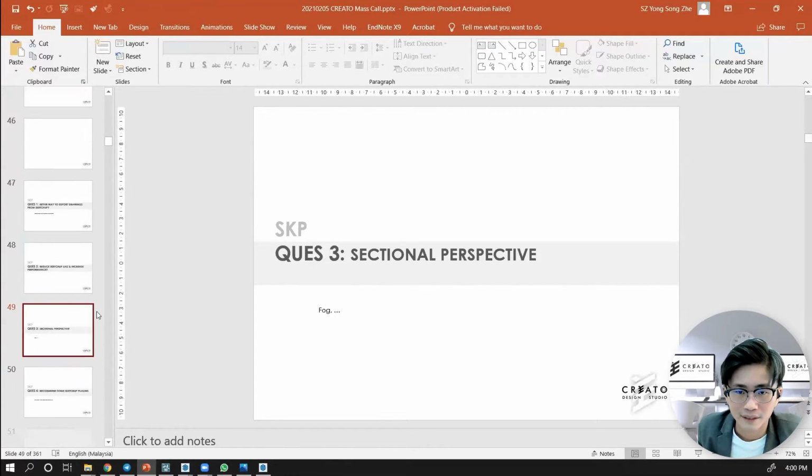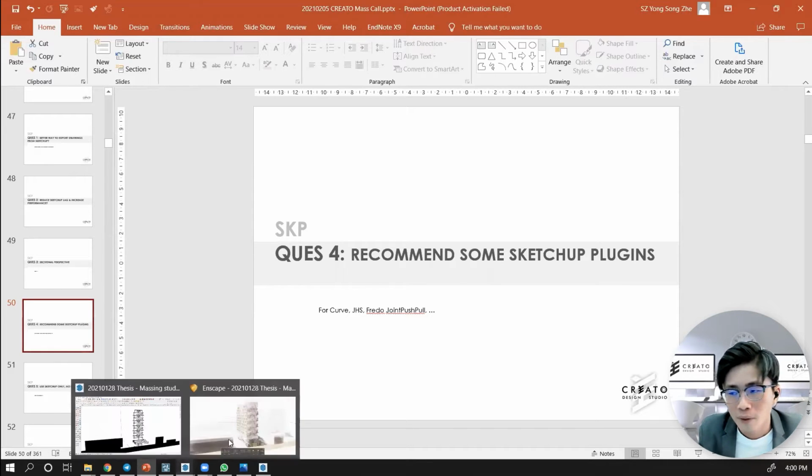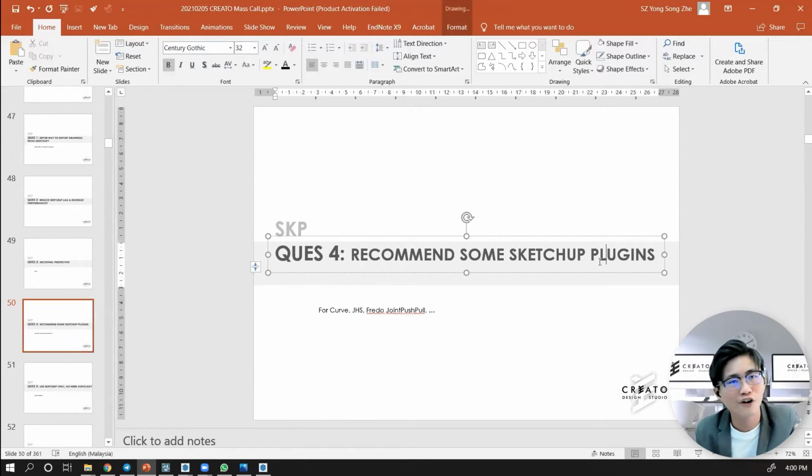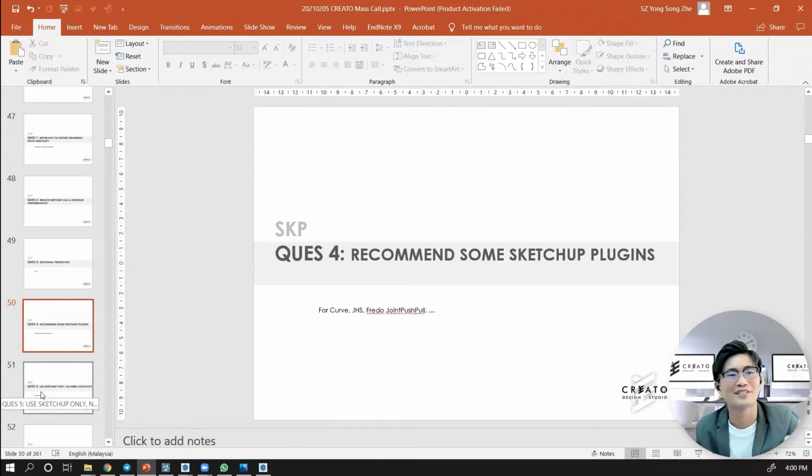3, 2, 1. Next question, what is it? Oh, I'm sure many students like to ask what are the SketchUp plugins that are recommended. There are thousands of SketchUp plugins, extensions. Just now, extension is one of them, but it's not only an extension, it's additional software. So plugins, what about free plugins. Today I will not share with you any crack things. Don't ask me those questions also. You can PM me, but I will think for you.